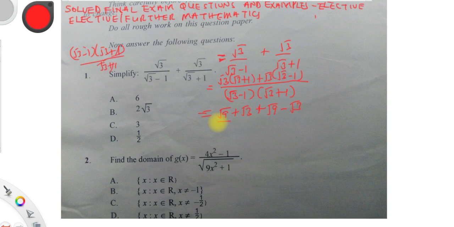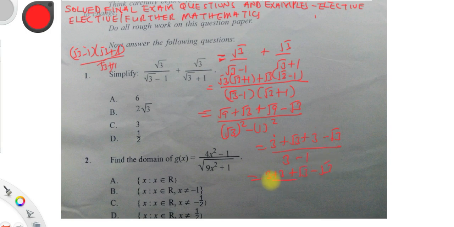All over, because they are conjugates, the product of the conjugates gives you a difference of two squares. If you expand, this is what you get: square root of 3 minus 1 all squared. So square root of 9 is 3, then plus square root of 3, then plus square root of 9, which is 3, then minus square root of 3. Square root of 3 all squared gives 3, and 1 all squared is 1, so minus 1. You rearrange and put them together: 3 plus 3, then plus square root of 3, then minus